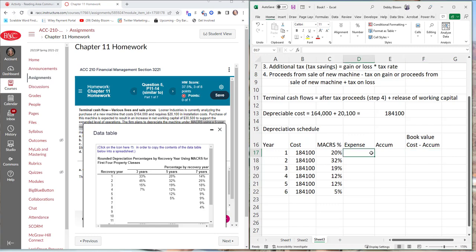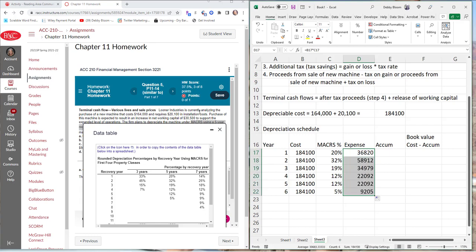So for each year, all we have to do is multiply the cost of $184,100, the depreciable cost, which again is the cost of the machine plus the installation charges, multiply it by that year's